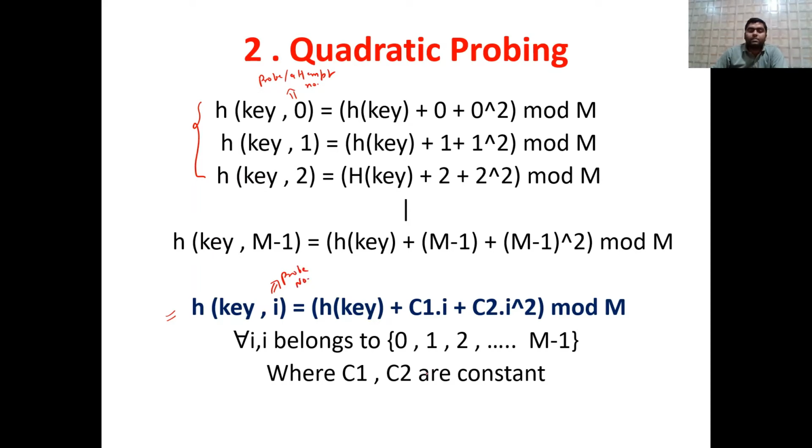And what are c1 and c2? c1 and c2 are constants. In our case that we have taken up till here, we assumed c1 and c2 as 1. But in some realistic example or question, the values may be given, so there may be a chance c1 and c2 are other constants. Ultimately, in case of collision, we are taking probing up to the square of the attempt number.